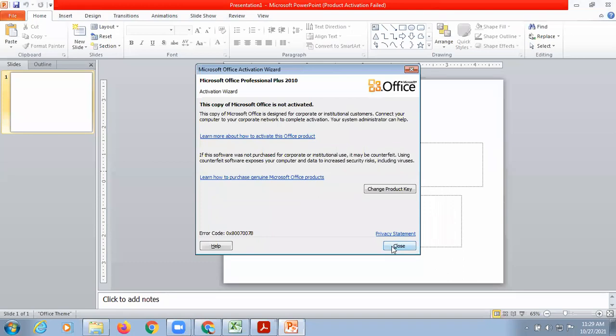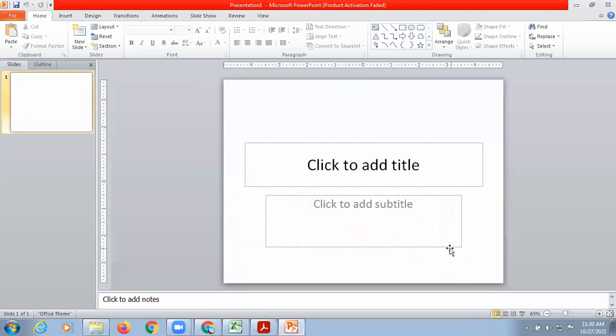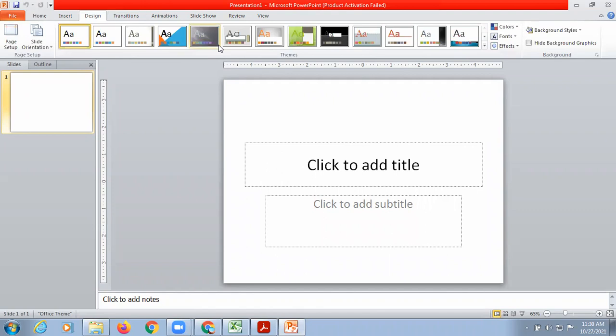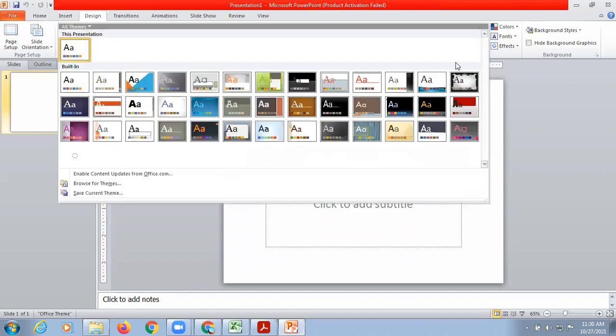Okay. So after opening the presentation, the first thing which you always do is you have to choose a theme for your slides. So you should always take a common theme for all your slides. For choosing the theme, you will go to the design tab, and from there, these are the themes available. You can choose any of the themes.